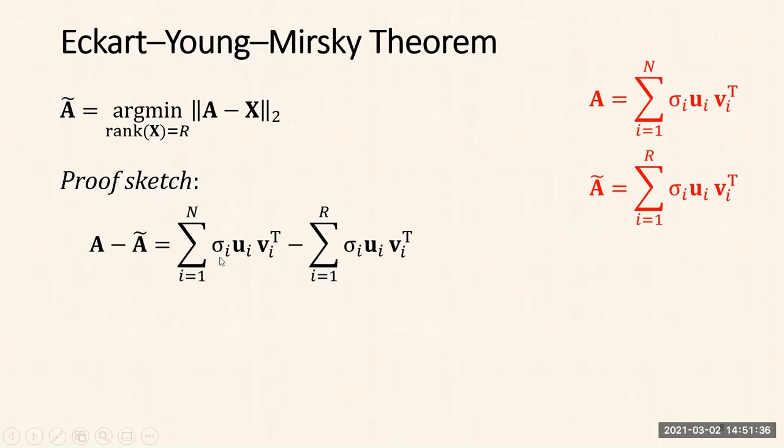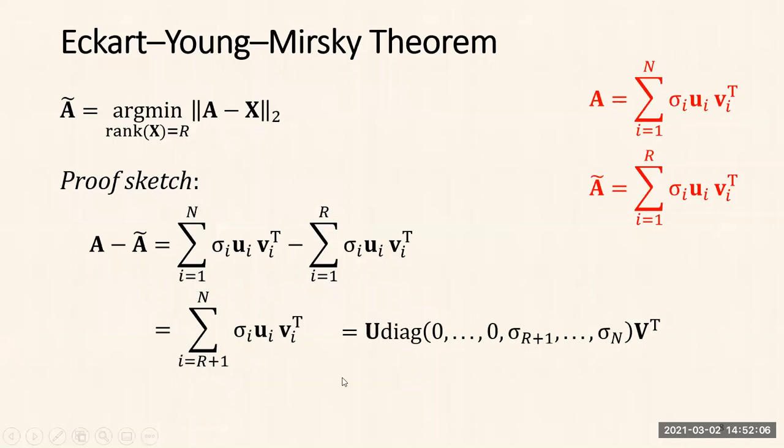Terms will cancel out, the first r terms will cancel, and I'll be left with r plus 1 through n. So A minus A tilde equals the summation i equals r plus 1 through n of sigma i u i v i transpose,